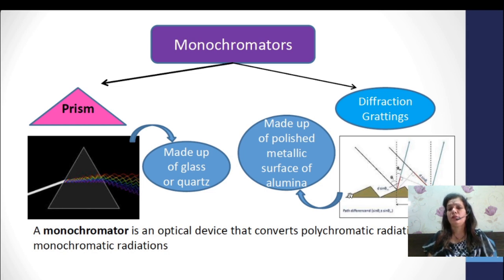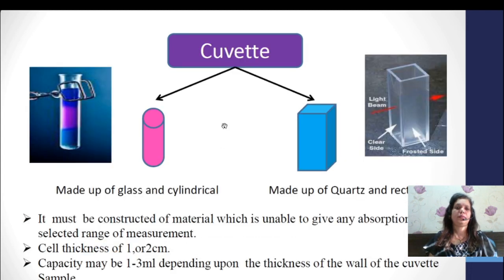This is a highly polished surface of alumina you are utilizing over here, where whatever polychromatic radiations are converted into monochromatic radiations. Diffraction grating is utilized as a monochromator in spectrophotometer, whereas prism is utilized as a monochromator in colorimeter. After getting source, filter, monochromator, in your hand you are having a particular wavelength of beam of light to be passed through the solution. So solution here has been kept in a container which has been termed as a cuvette,